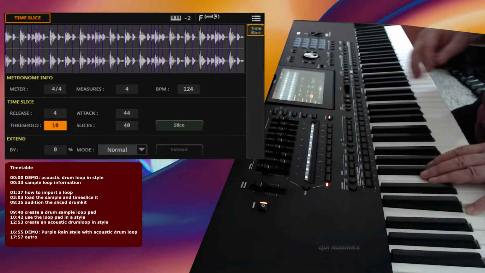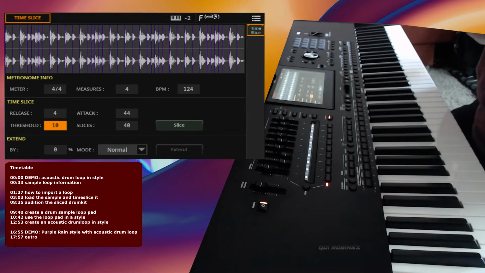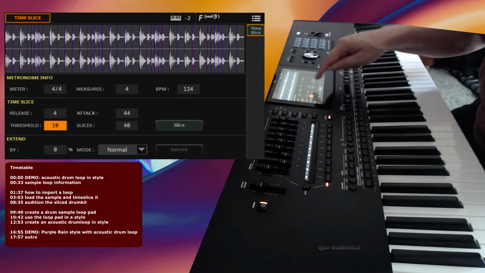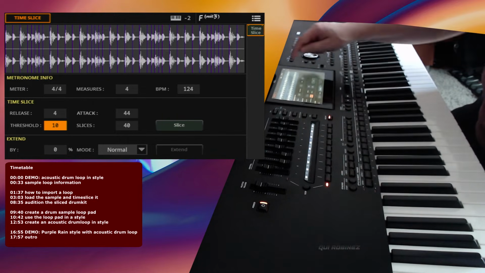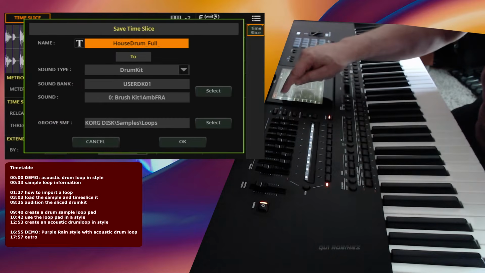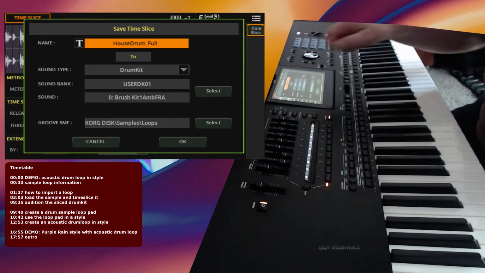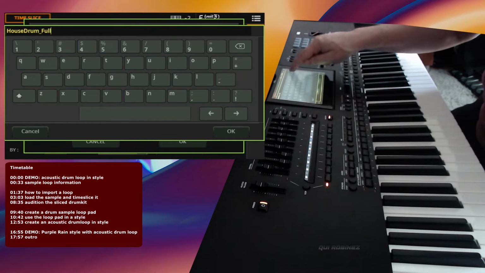So this is a good default threshold, the number 10, and that means that you will get 40 samples for this specific drum loop. Okay, let's save this drum loop now to the internal system. Press save, and we can give it a name. Now, we know this is the house drum full,